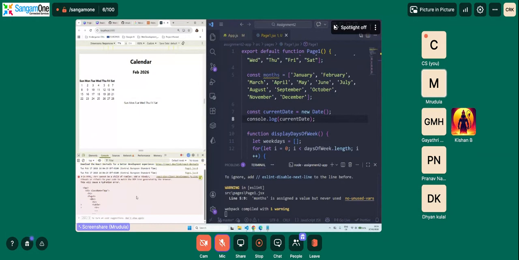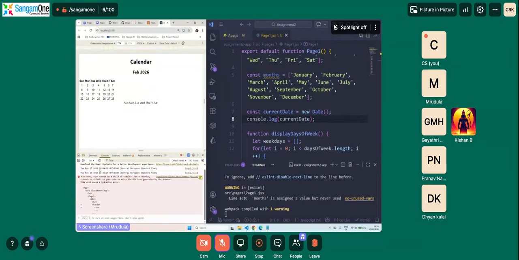Tr cannot be a child, just ignore this, it's okay. Here you can see Tuesday, Feb 17, 2026, 16:04:29 GMT+1. Since I'm in Germany, it is Central European Standard Time. So it has everything.